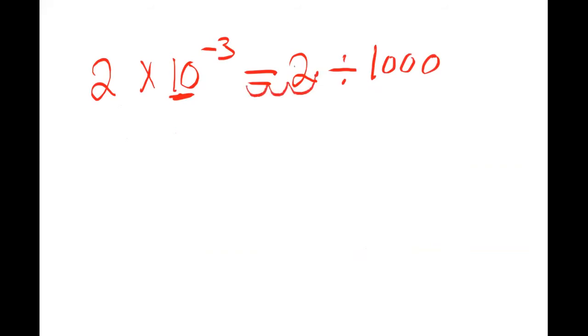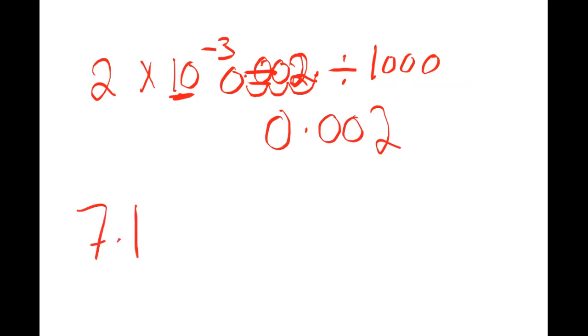So this is the first digit. So I have to place 2 zeros, then the decimal point and 0. So it will be 0.002. Okay, another one. If I have 7.1 multiplied by 10 power of negative 4, and I want to write